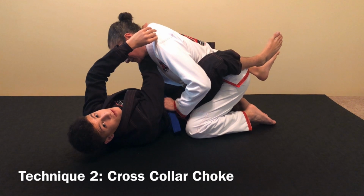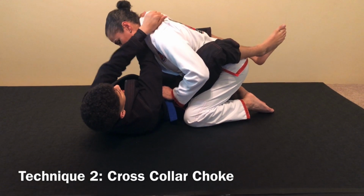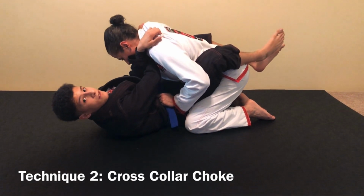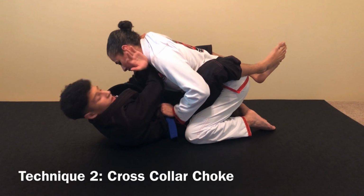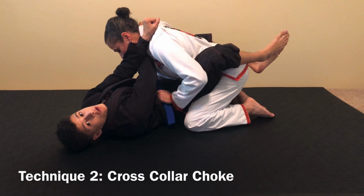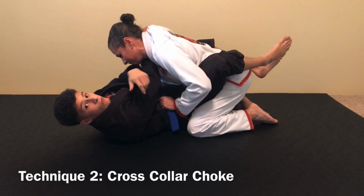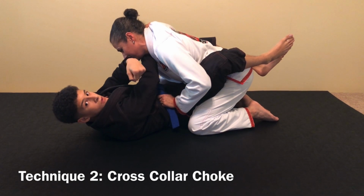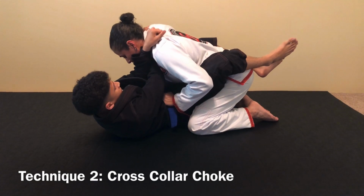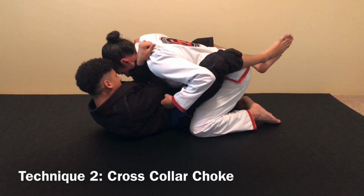This is what I'm going to want to grab. I'm going to reach over, grab it tight, and I'm going to grind my arm down the side of their face so it's tight. This hand does not need to be under the chin. As long as it's tight to the side of the neck, the choke will work. We're going to use the same sort of trick with the right hand to finish the choke while we're flexing the wrist. Okay? So grinding down the face, again, flexing the wrist, elbows down to our hips, head to head,